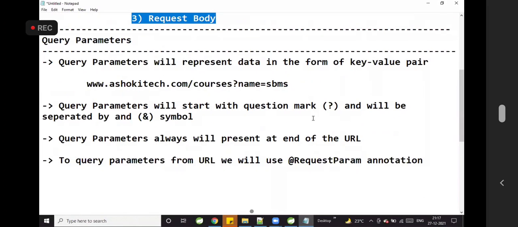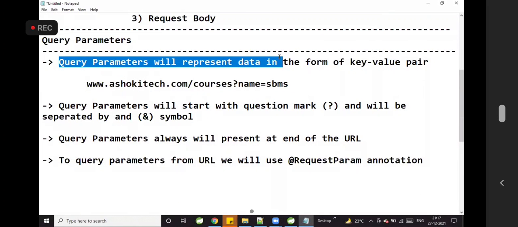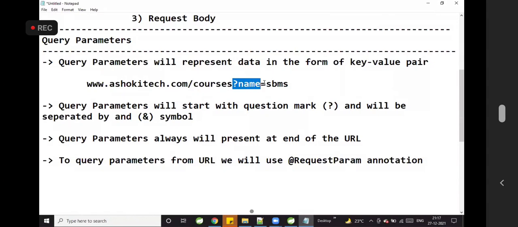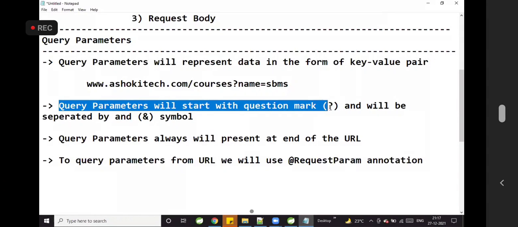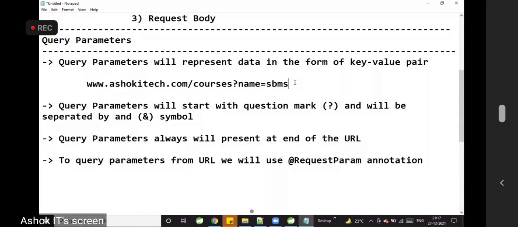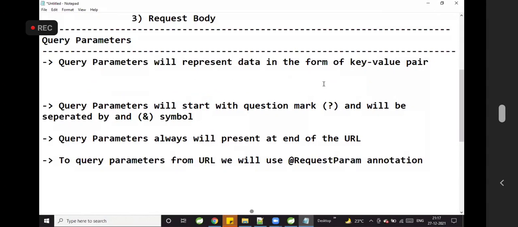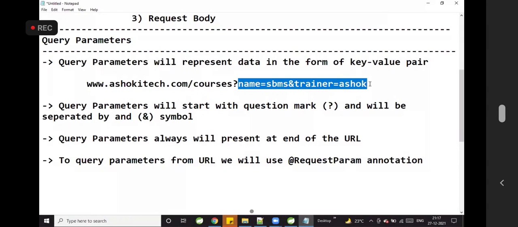What is the meaning of query parameters? Query parameters will represent data in the form of key value pairs, like this: question mark name equals SBMS. Query parameters will start with a question mark and will be separated by the ampersand symbol. You can send multiple query parameters also: &trainer=Ashok, after name=SBMS.